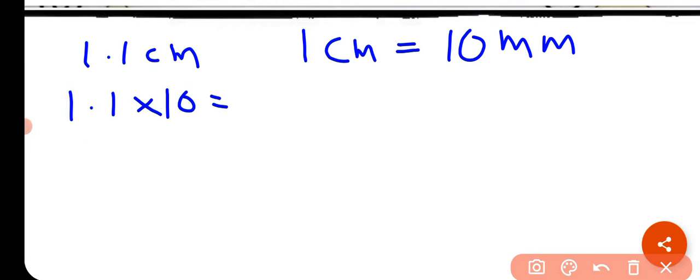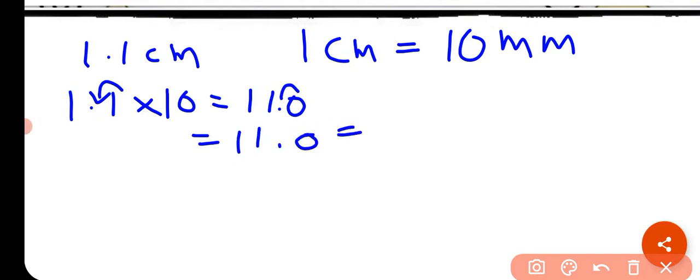Multiplication by 10 means you can put a 0 near to the number. So 110. Okay. Then you should put the decimal one place to the left side, because in our question it is one place to the left side. So put the decimal one place to the left side. So this becomes 11.0, which is equal to 11 millimeter. Okay. Next is 2.8 centimeter,